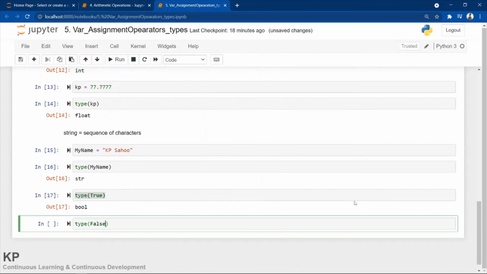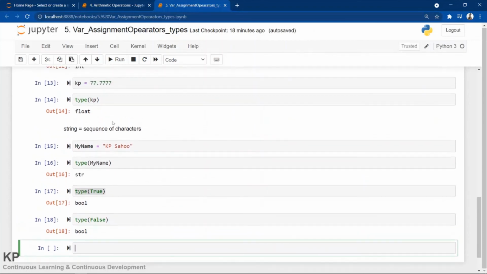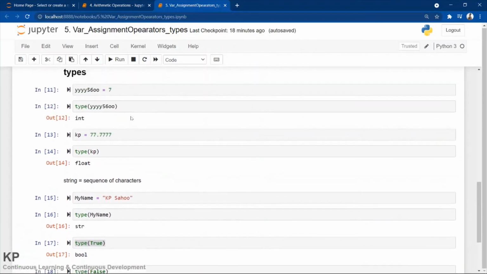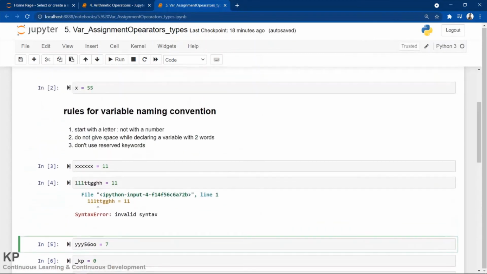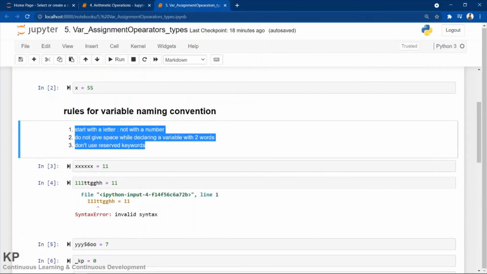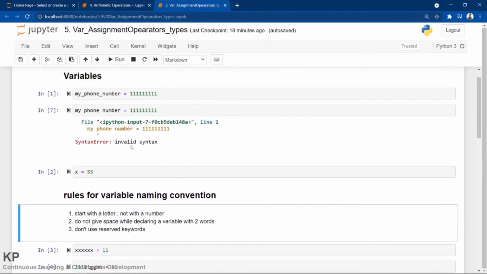Okay, string type, integer type, floating is the decimal value. Anything else, we cannot use these things. These are the rules, and some more rules can be there. I don't remember as of now. As we go forward, I will be explaining each and every step.